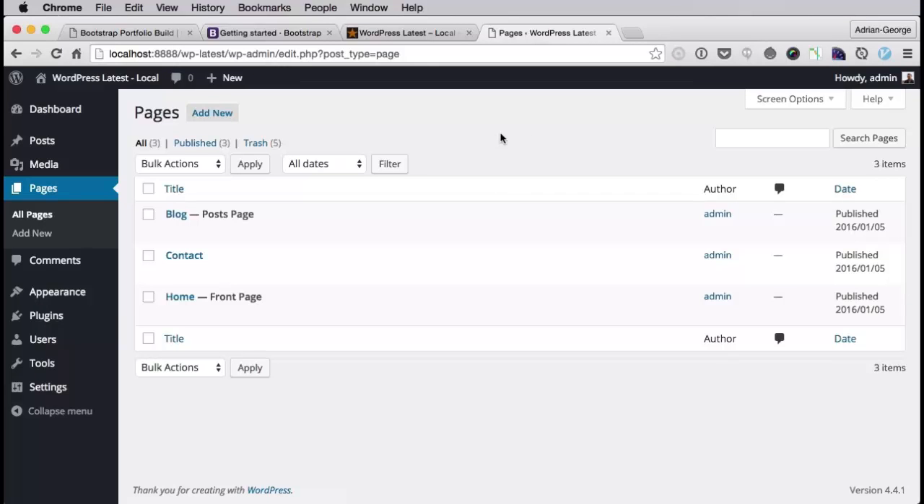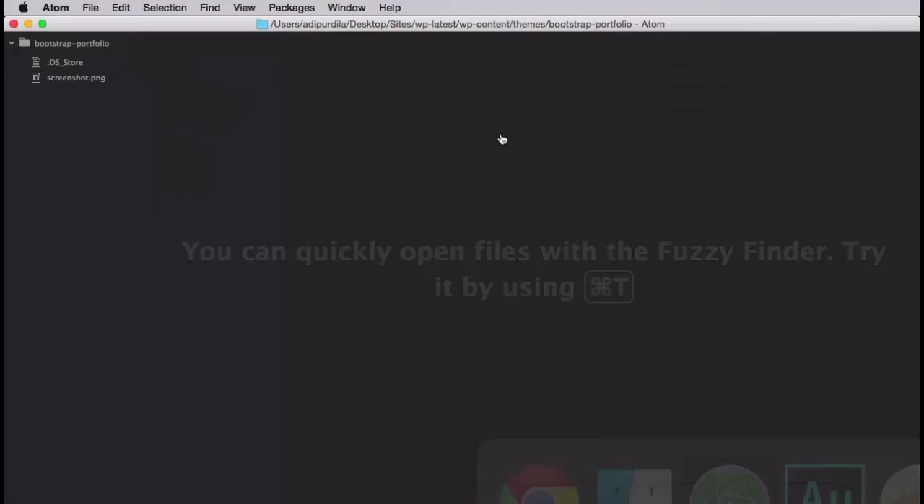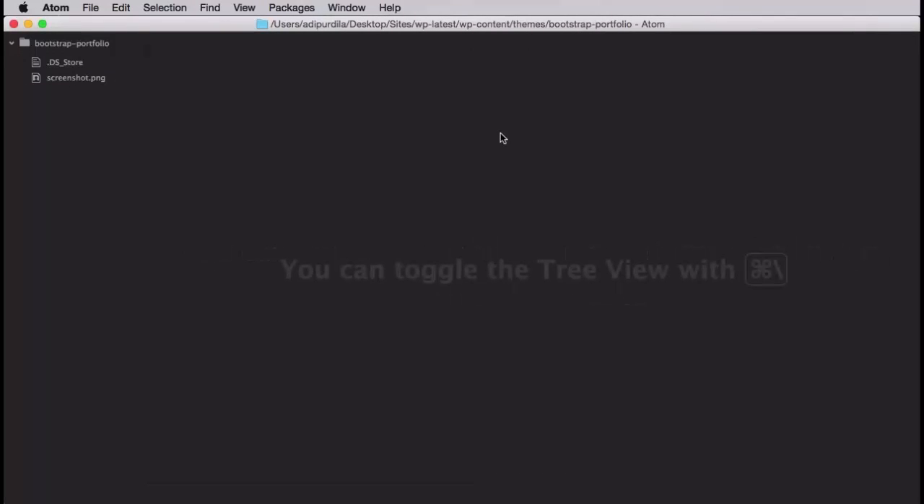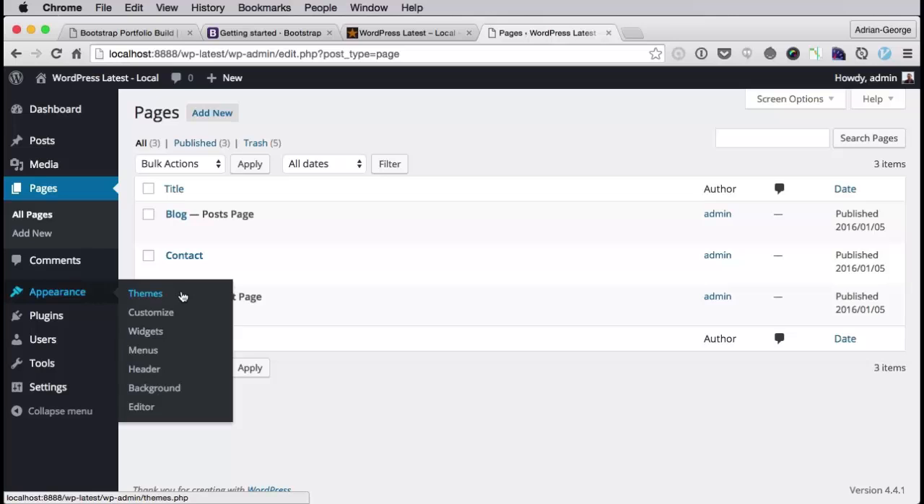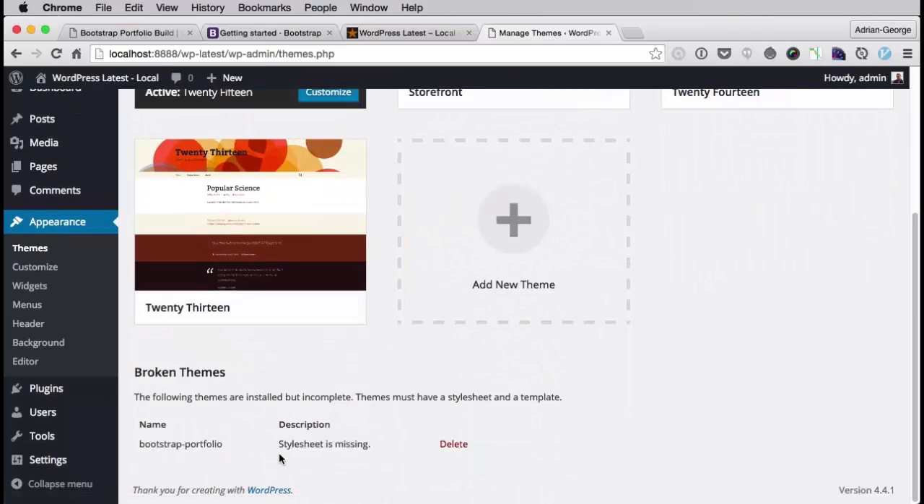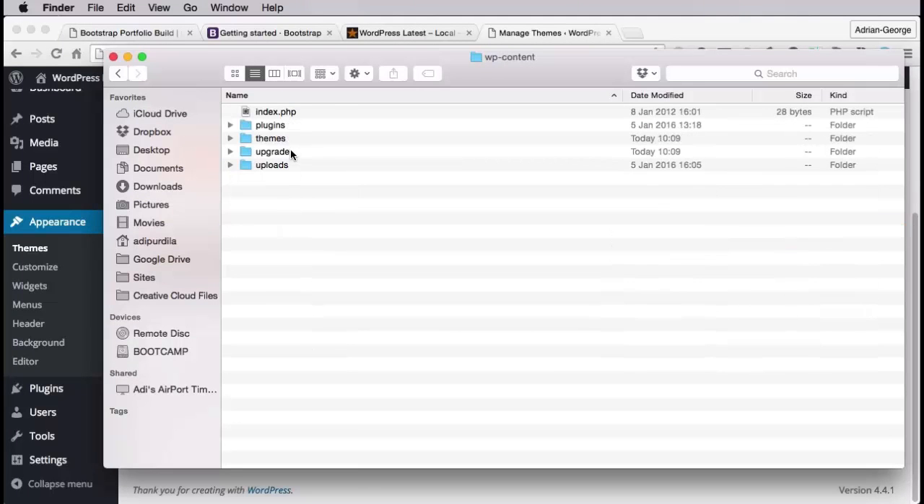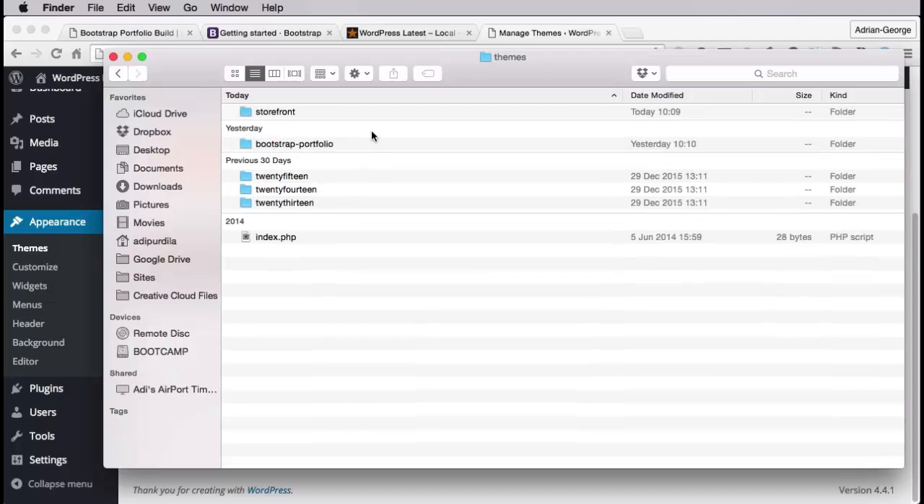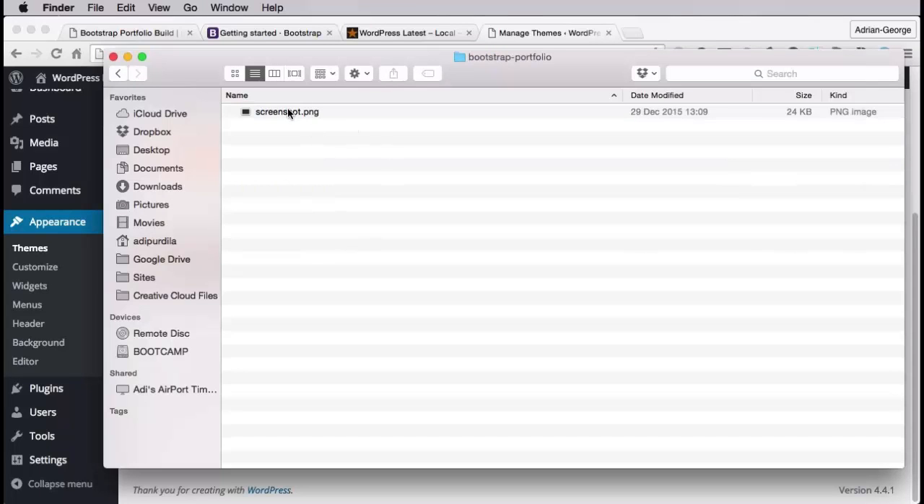So we need two files basically for creating a WordPress theme: index.php and style.css. Optionally, a screenshot.png is also good to have because it will allow you to see your theme right here. And so the image that you see here is actually the screenshot.png for each theme. And currently, you see that we have a broken theme here named Bootstrap Portfolio. It says stylesheet is missing. And that's because in the wp-content themes folder, I have a folder called Bootstrap Portfolio that only contains the